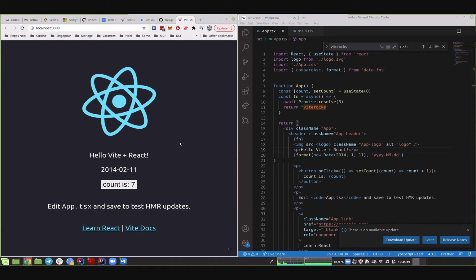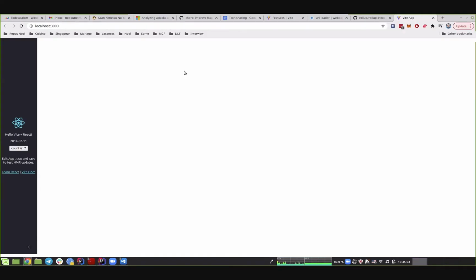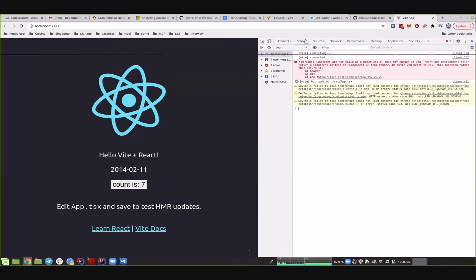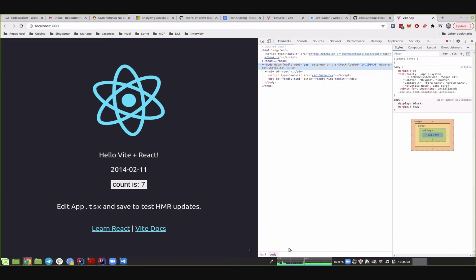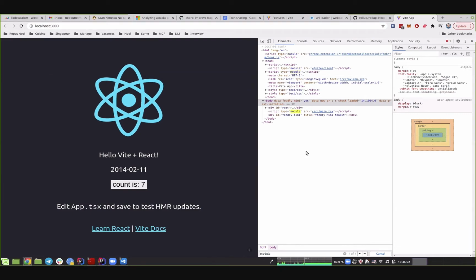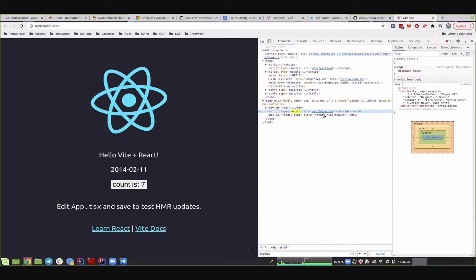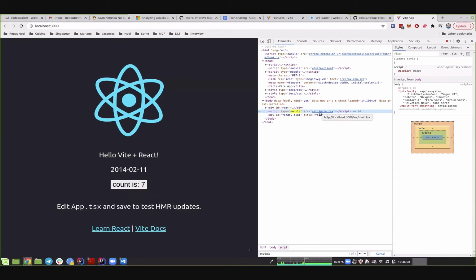When you open the DevTools, you can see that it's reusing modules. So for instance, if I search for module, you can see that they load the main application as a module. And basically, they do that even with dependencies.